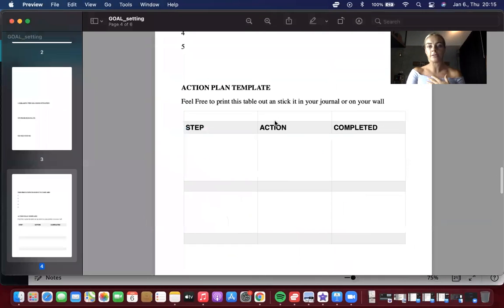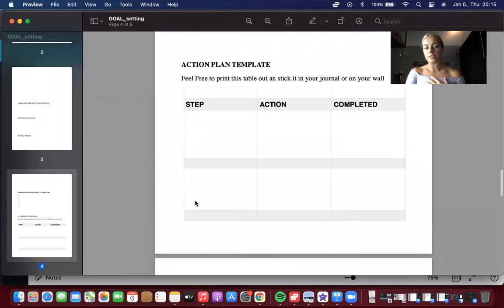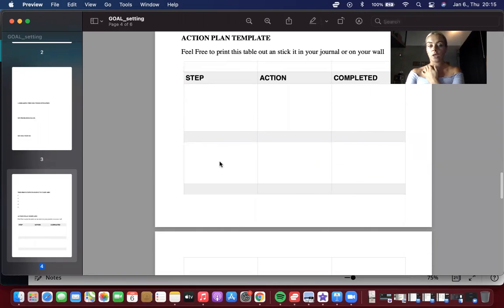So the action plan template here, I've just done an example, but this is going to be your, write out a table. Every step that needs to be taken towards reaching that goal. So say, for example, set up direct debit for $400 a month on Sunday and get it to start on Monday. Action, you can write in, logged into online banking, set up direct debit, and you write the date that it was completed and you do a tick beside it. And then the next one can be,